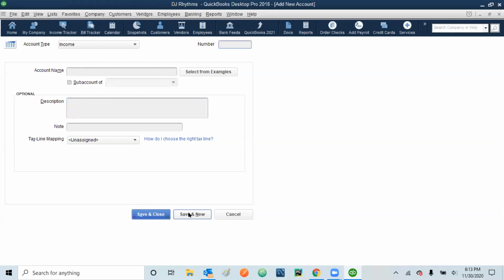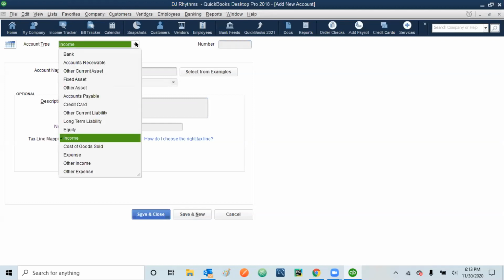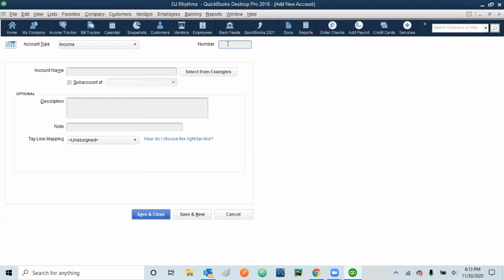Save and new. You see, because we have not selected save and close and opened again, it is automatically selected that I want to go with the income. But if you want to make an expense account here, you can also select expense account or whatever you want from here. Okay, so here we are creating another income account, that is 47820, and the account name is corporate events. And it will be the sub account of, again, sales income, all indoor corporate events.